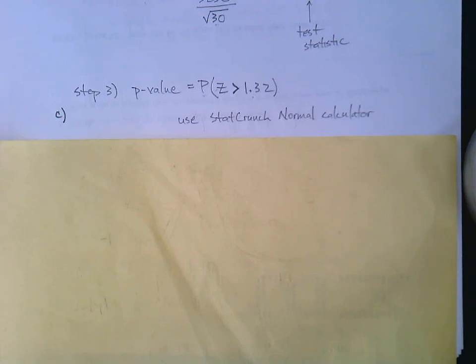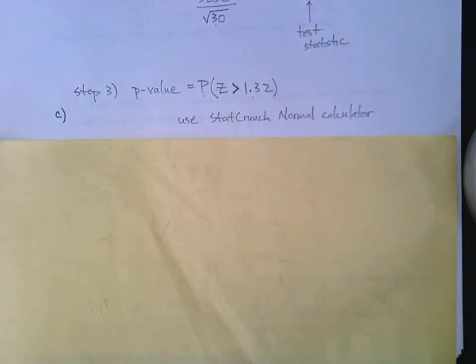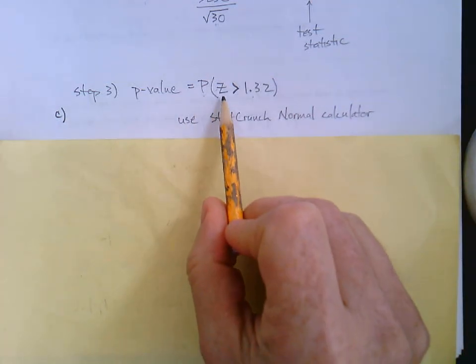back a couple chapters ago, we used the table of z-scores. Nothing wrong with that. You could use a table of z-scores here. You would need to use a complement first in order to do that greater than probability. But at this point, we're using StatCrunch to do all of these calculations for us. So I recommend you go right into StatCrunch, pull out the normal calculator, and find the probability that z